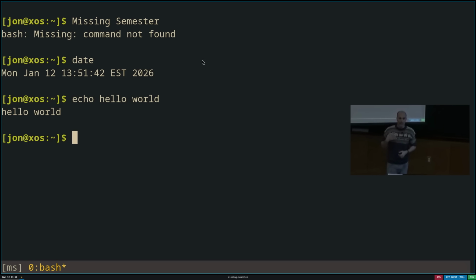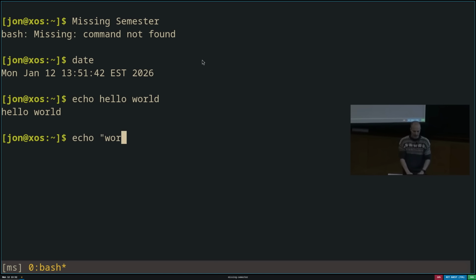Argument parsing in Bash is that you take the string, the text that the user gave you, and you split it at whitespace boundaries. Each whitespace-separated word is one argument, and the first argument is the command, the program to execute. Now, there are ways to say that I want an argument that has whitespace in it. You can do quoting just like you can in most other programming languages.